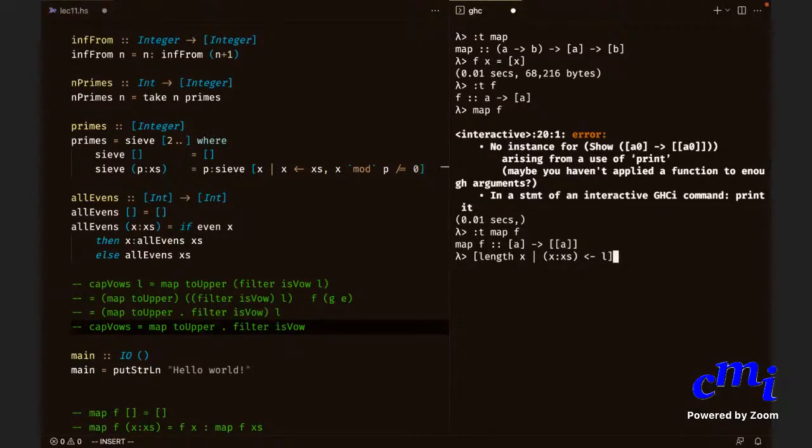Okay, I have a list of lists. I'll check whether X, for every element of the form X colon XS that belongs to L. That is the pattern. Do you understand now?